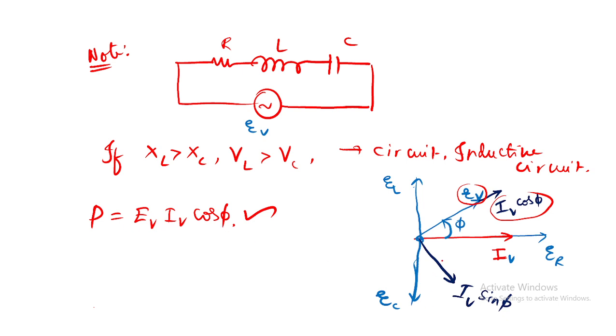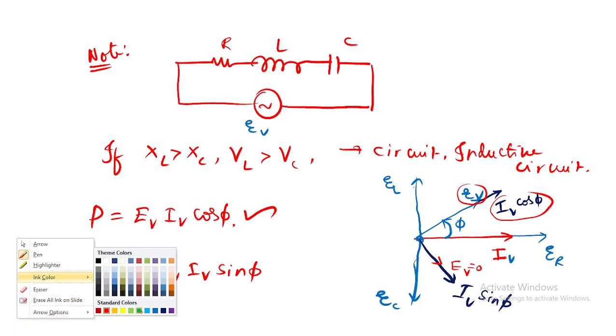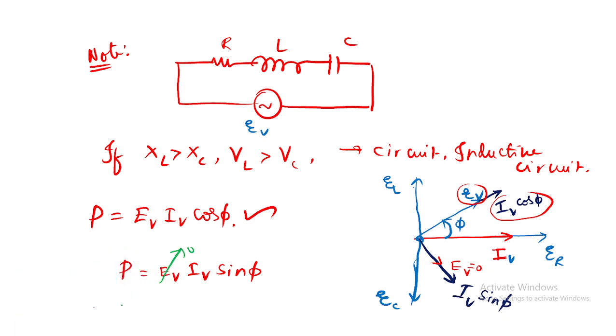Now in this situation, is there any virtual EMF? Is there any virtual EMF? No. Here this component is completely 0. Yes or no? So power is equal to EV IV into sin phi condition. IV value is completely becoming 0. This value is completely becoming 0, because the rotating vector is rotating here only. Here there is no EMF, right? Yes or no? So what happens here? The power consumption is completely 0.